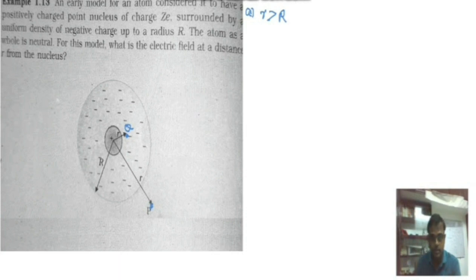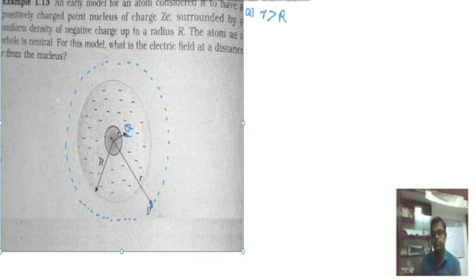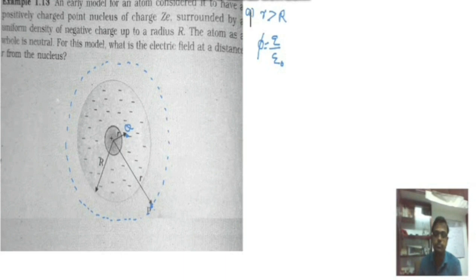In order to apply Gauss theorem, what we need here is a closed surface. So construct a closed surface, and that closed surface is called the Gaussian surface. So at the point P, we are going to find the electric field. If you find the electric field at the point P, we need the flux formula or Gauss formula. Phi is equal to Q divided by epsilon naught. What is Q here? Q is the total charge.